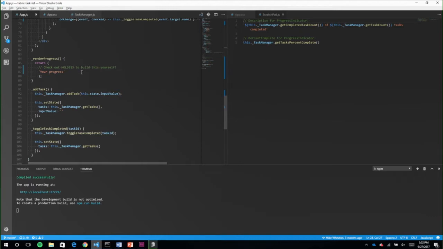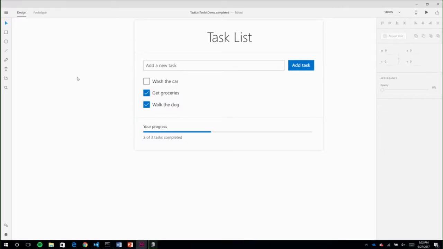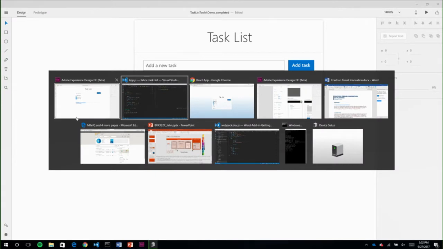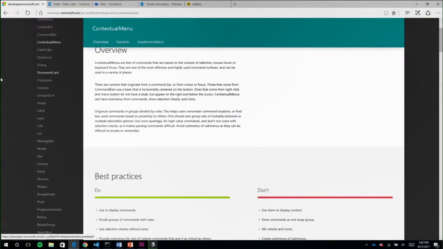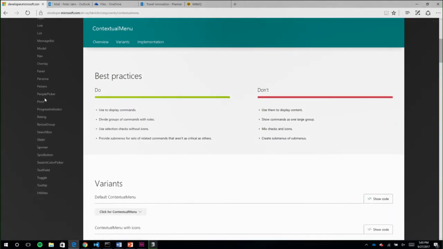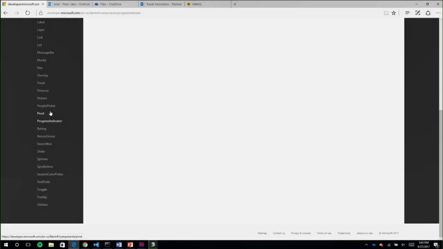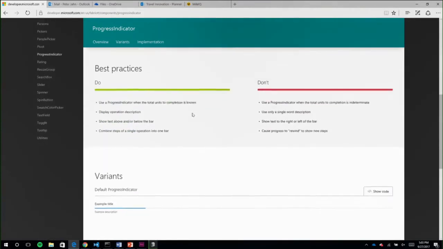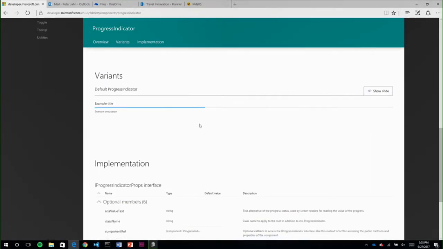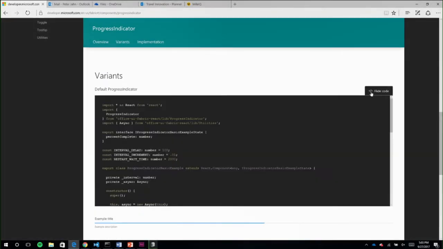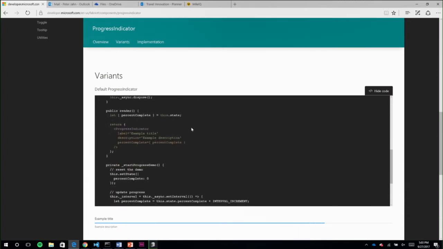Now, since I'm now the developer and my designer has handed over to me this awesome XD file that shows me exactly what I should use, I happen to know that I can go and get the code for this control from the Fabric website. So if I hop again over to the Fabric website, I know that there's a progress indicator there. So I'll go back to the progress indicator, scroll down, there we go, same one. So I'm going to grab some of the code from that,